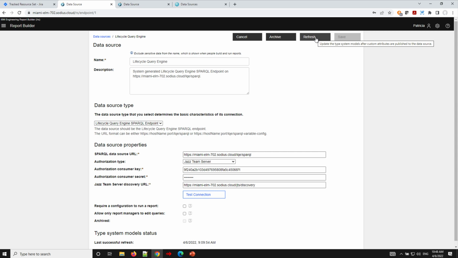that's going to take maybe 10 minutes to refresh the Metamodel. On a smaller system like mine, it will probably take a couple of minutes. The other thing of note that I would point out here